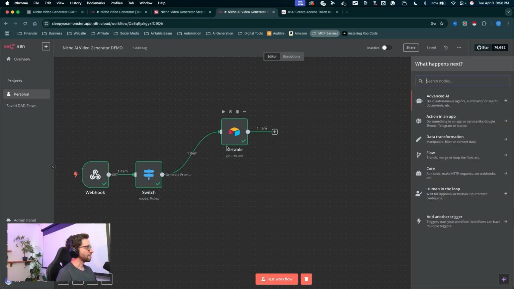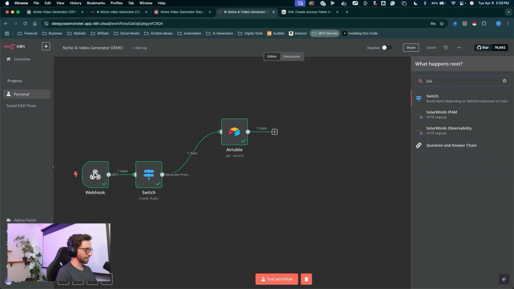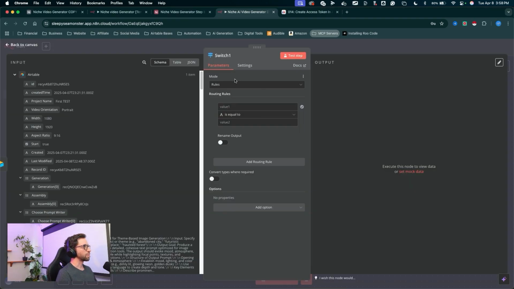Now this will be another switch node. This router will take us down either the text prompt workflow or the reference photo workflow. So I'm going to search for the switch node, plug that in there. Now, same thing here. We're going to link up some of the information coming through from the input, but we haven't brought in the correct info. So you can just type in or copy and paste what I have here. For value